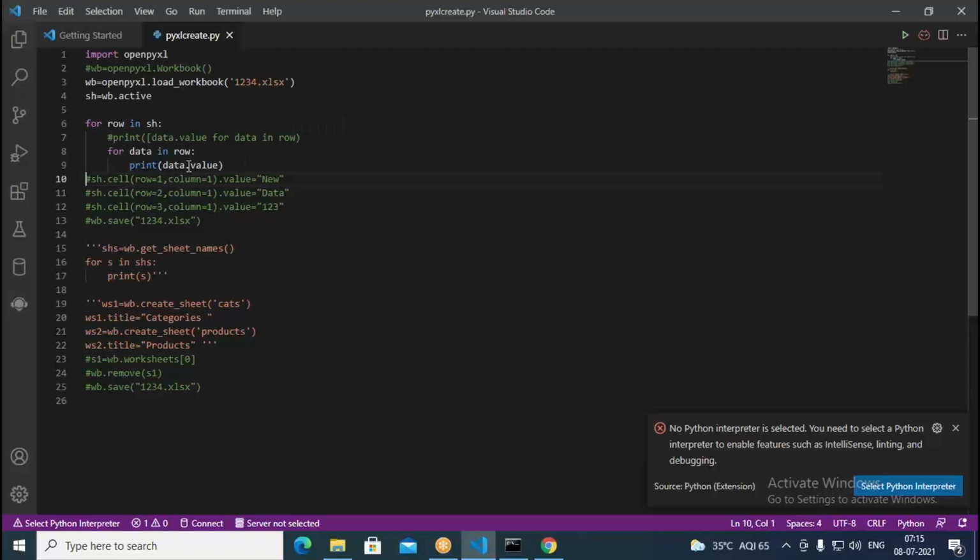But here, one by one data is taken and printed individually. One value is taken and printed separately, so everything gets printed in separate rows, in different lines, not in the same row. One by one we retrieve values from the sheet and print them here. Like this, we can iterate over the rows and print them.